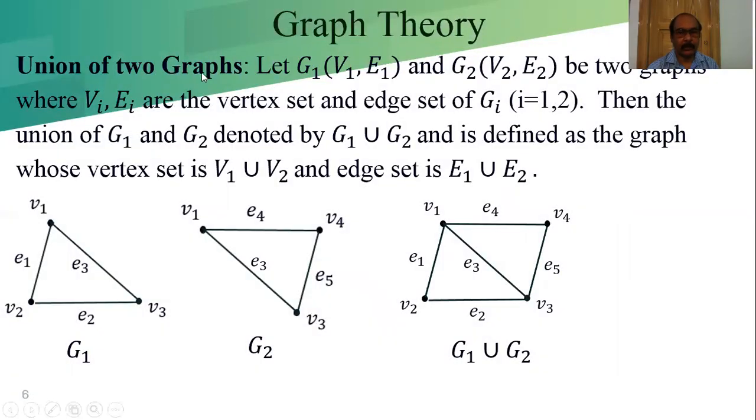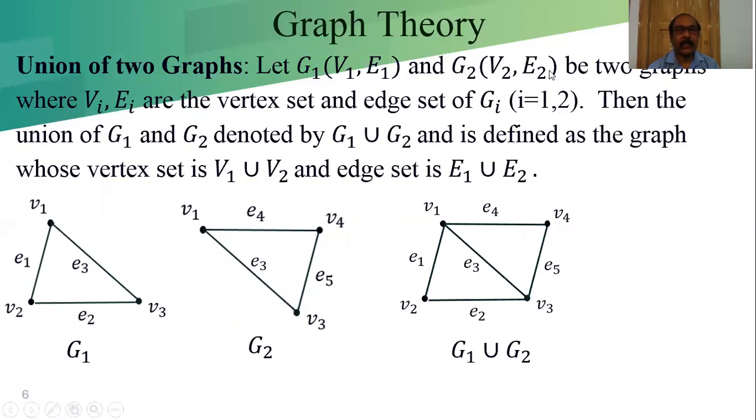Union of two graphs. How can we make the union of two graphs? Let G1 be a graph with vertex set V1 and edge set E1, and G2 a graph with vertex set V2 and edge set E2, where Vi, Ei are the vertex set and edge set of Gi, i equal to 1, 2. Then the union of G1 and G2, denoted G1 union G2, is defined as the graph whose vertex set is